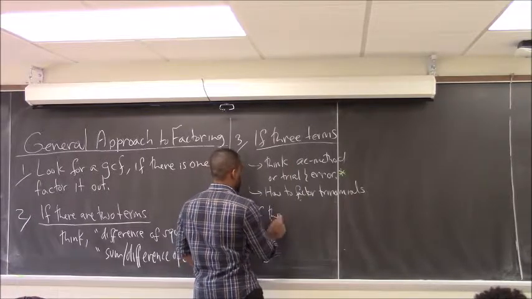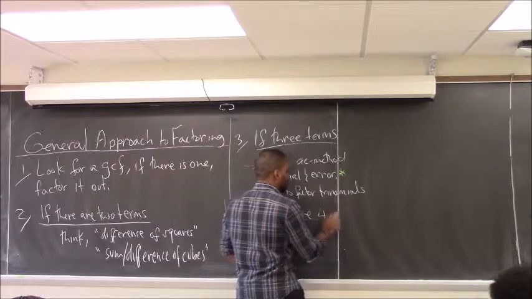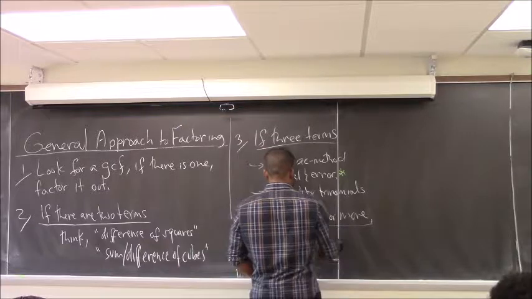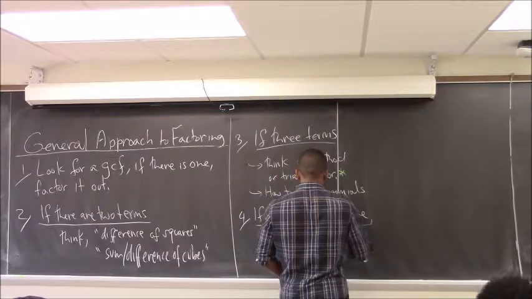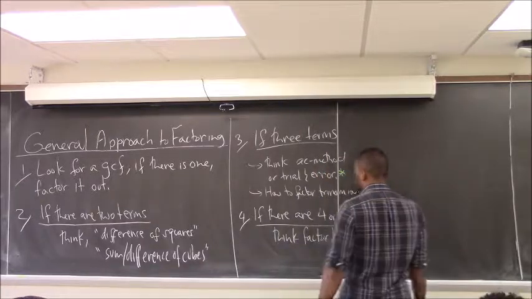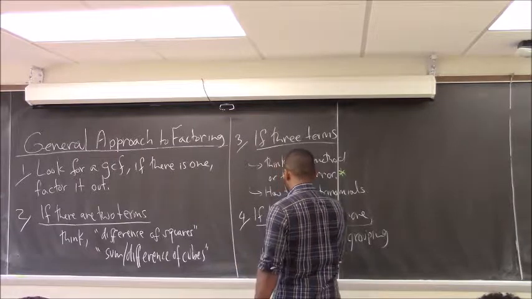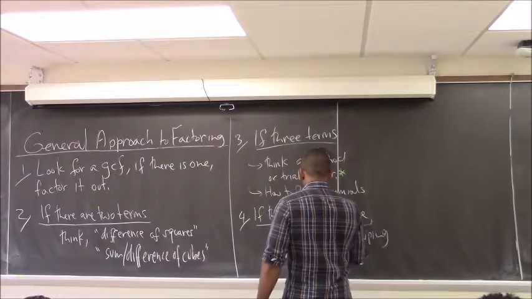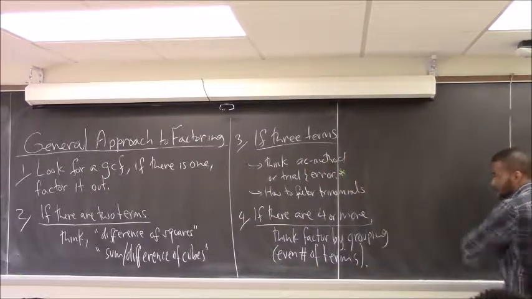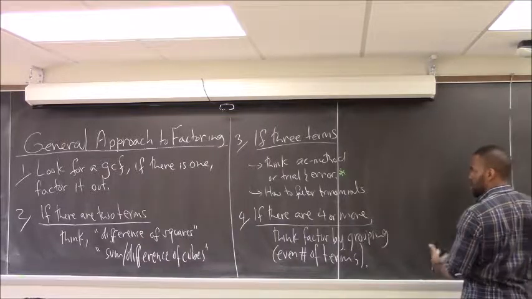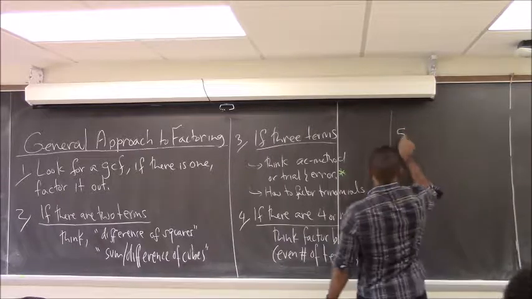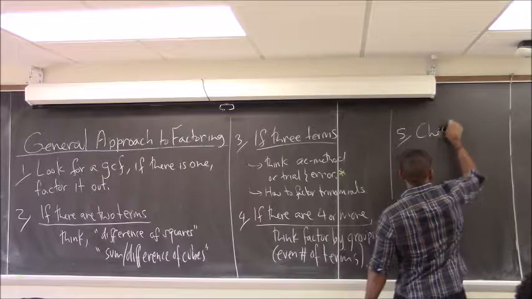If there are four terms. Think grouping. Of course, factor by grouping means you need an even number of terms because you want to have the same thing left over in the parentheses at the end. So at the very least, they have to be the same number of things in each parentheses. So if you see four terms or six terms or eight terms, etc., factor by grouping might be something that can work. The fifth thing, you always check to see